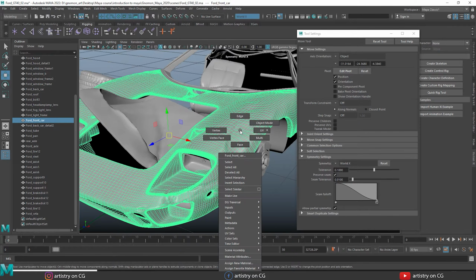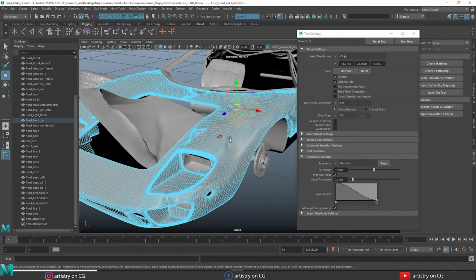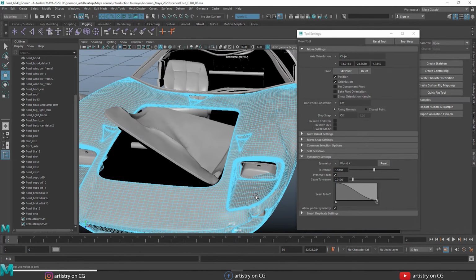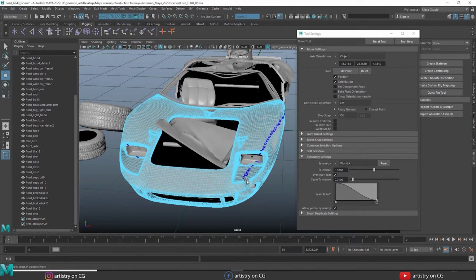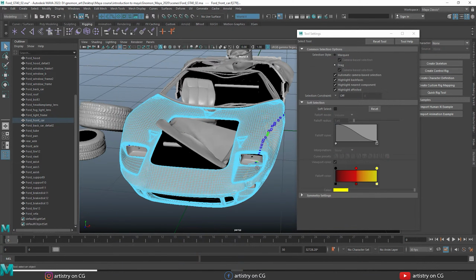So let's right click on a model and choose face, and I drag and select some faces. Now press 4 for wireframe, and you can see my selection is mirrored across the x-axis here, and I press 5 for shading view.